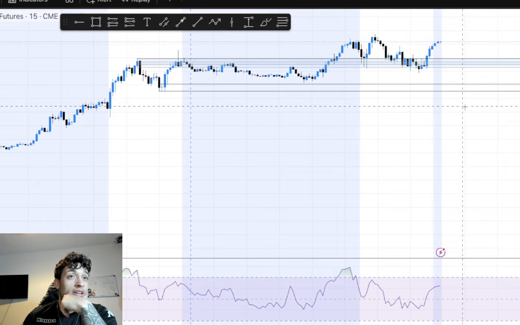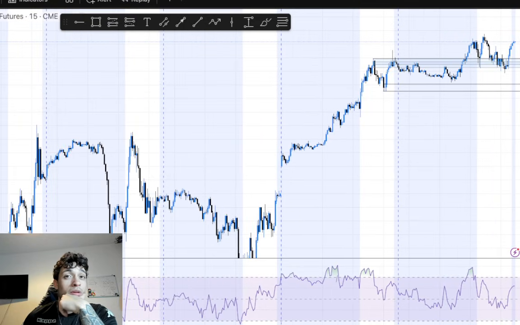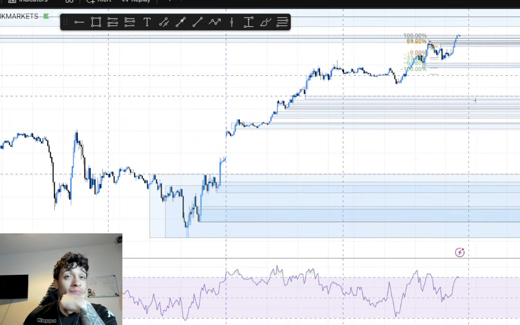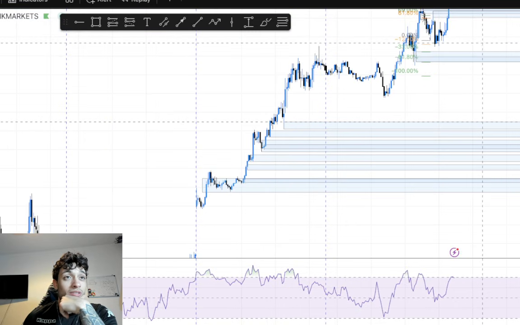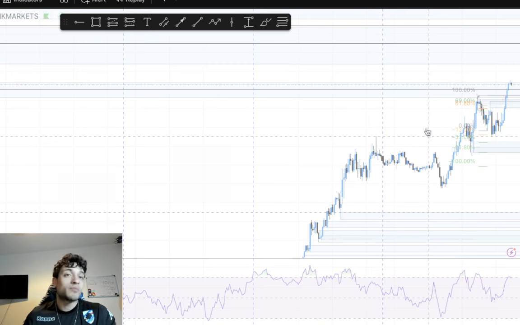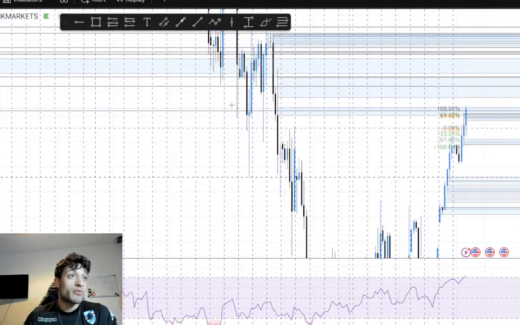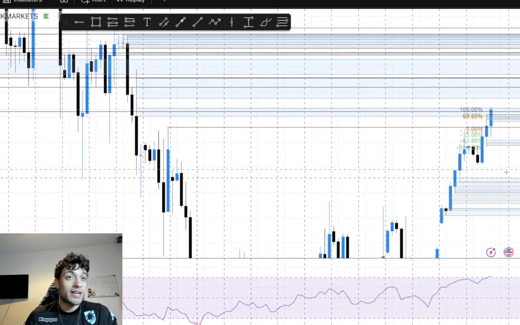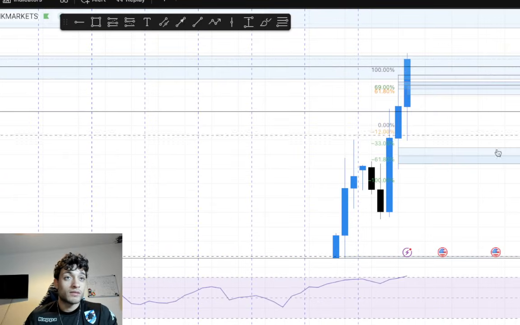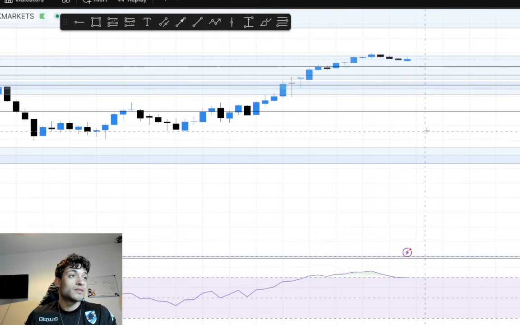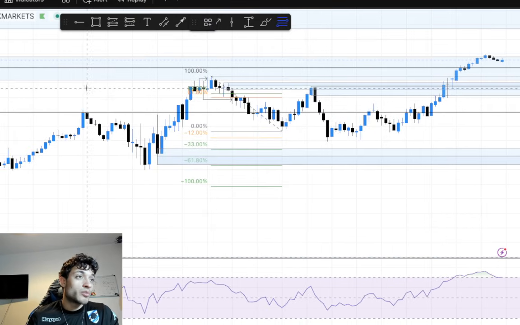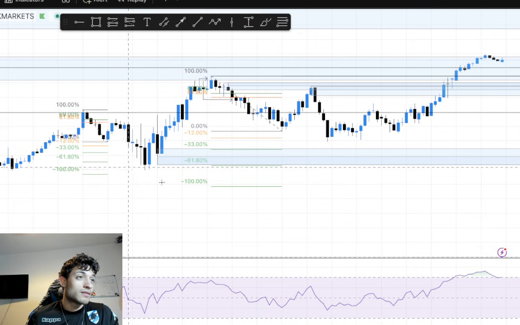I was watching S&P 500 as well, but nothing came up. Today the plays were on NASDAQ. I have been back testing both of them now. There was another thing that happened as well, which was the SMT divergence that we talked about before. So we had a sweep of this high over here. These guys did not sweep. Yeah, these guys swept the highs. Manipulated. These guys swept the highs.